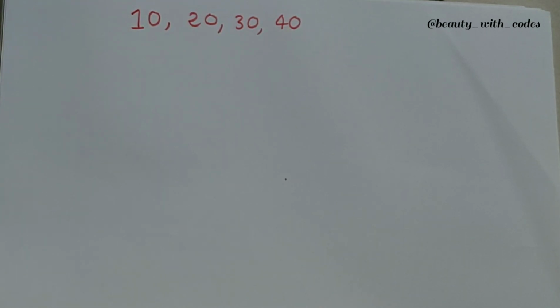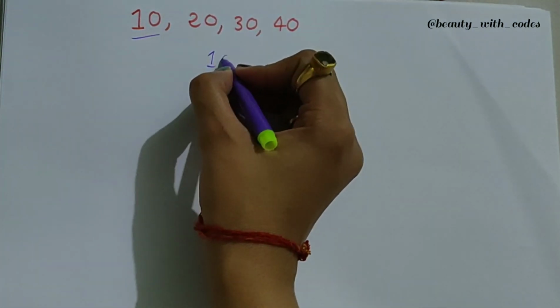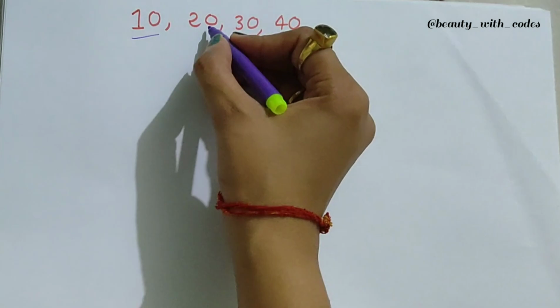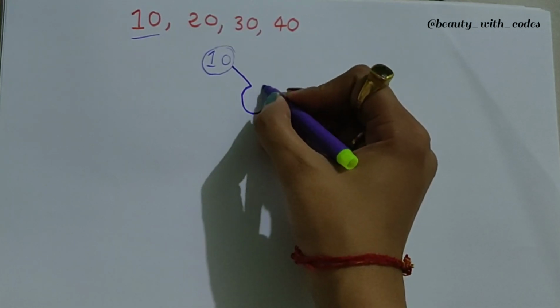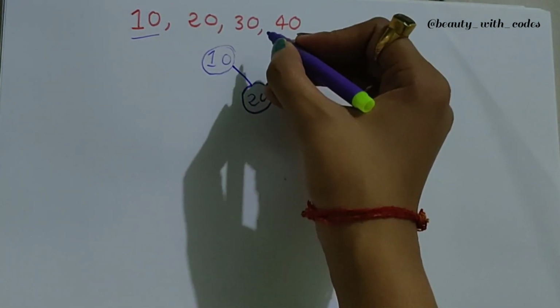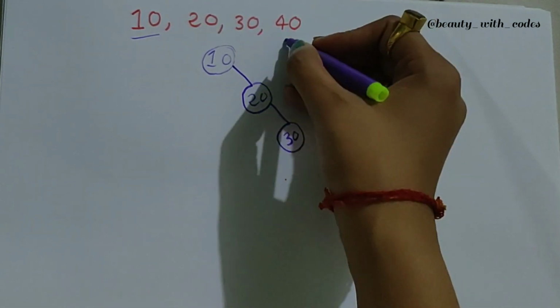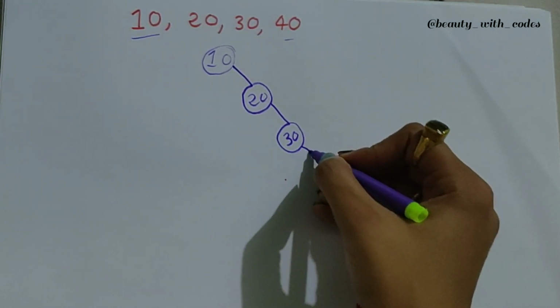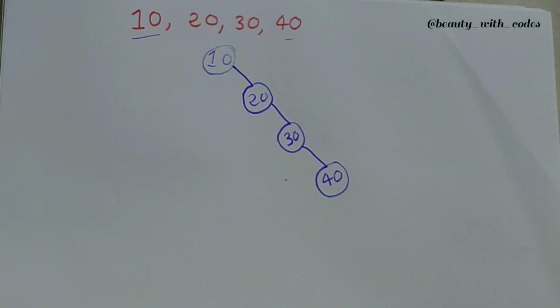So here you can see we have 4 elements, 10, 20, 30 and 40, and now we are asked to draw a binary search tree using these 4 elements. So let's draw. Since 10 is the first element, 10 is supposed to be the root. After that the second element is 20. Since 20 is greater than 10, 20 is going to be the right child, isn't it? So now 20 is here. What about 30? 30 is greater than 20, so 30 is going to be the right child of 20. And the last element, 40, is even greater than 30. So now it's 40, isn't it? So yes, this is a binary search tree, fine. No one is going to say it's not a binary search tree. It is a binary search tree.